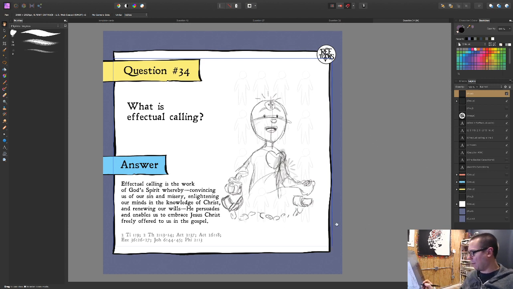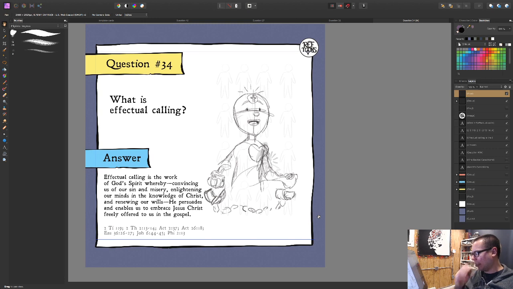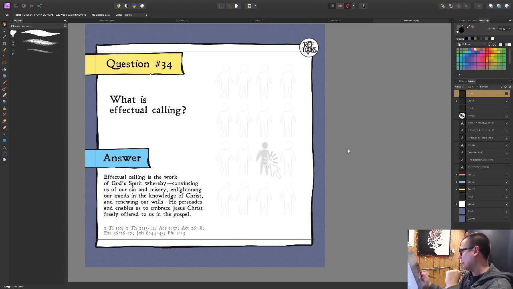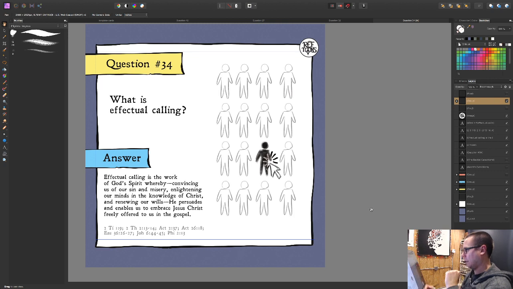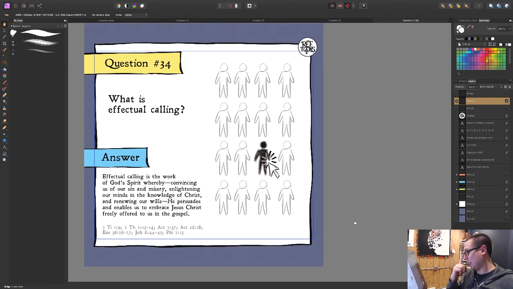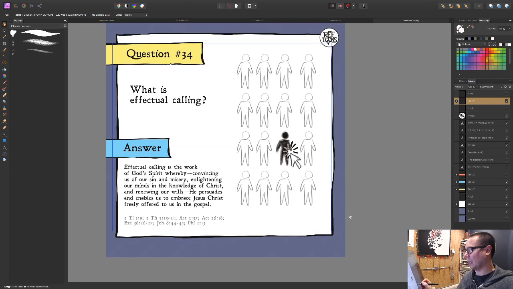So I have the idea here, and I'm not sure if I'm gonna go with this one or not. I originally had this right here, where it's like a mouse clicking on the guy here, click. Like he was chosen.